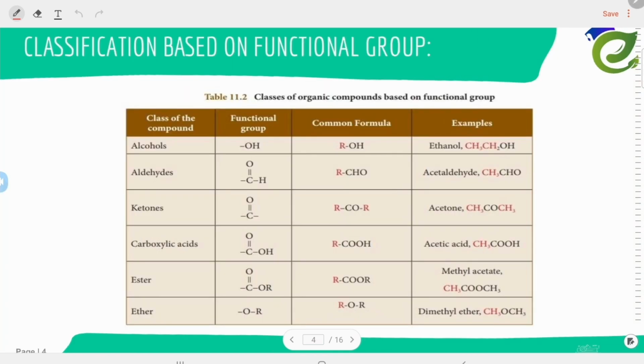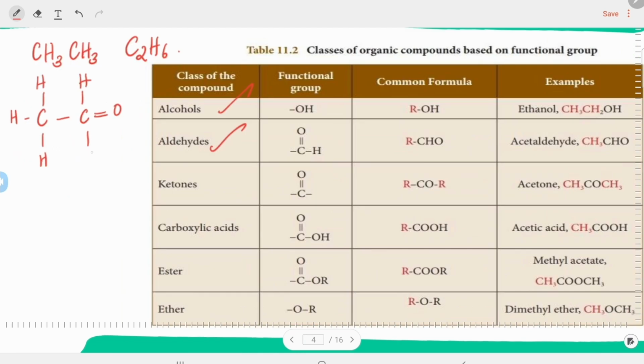Classification based on functional group. Let us take a common example, ethane. Ethane is CH3CH3, which is C2H6, and this can be further written as CH3CH2H. If we substitute one H by OH, we get alcohol. If this OH is substituted by a double bond O, we get aldehyde. If this H is substituted by some other group like a methyl or an ethyl group, we get ketone. And if this ethyl or methyl group is substituted by an OH, we get carboxylic acid,